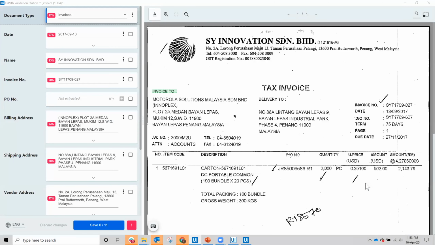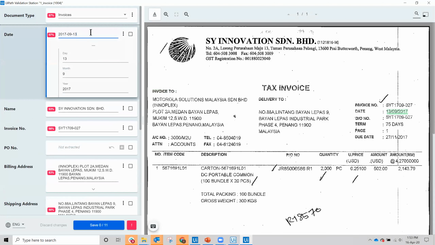So, okay. Now I'm presented with validation station. We can see that the document was classified correctly based on the words invoice to. If I quickly flick through some of the key extractions, you can see from the right-hand side, the quality of the page is not that great, but still using the machine learning model, even though the quality is low, it's able to extract